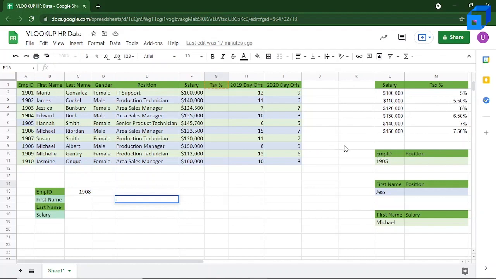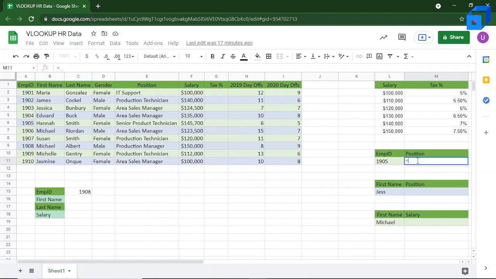Now, if we want to look for the employee ID 1905 in this table, we can do that using the VLOOKUP function. So let's say we want to look for the position of the employee ID 1905 in this table, we can do that using the VLOOKUP function and it looks something like this.